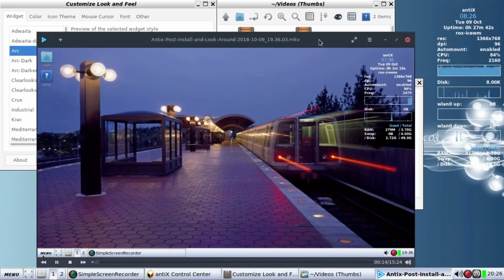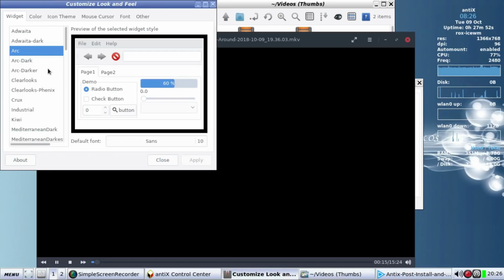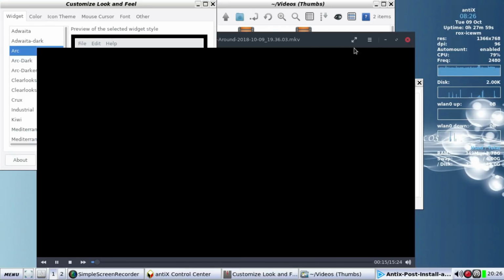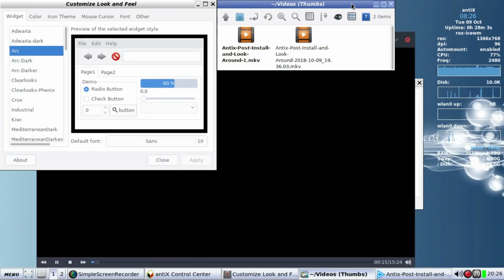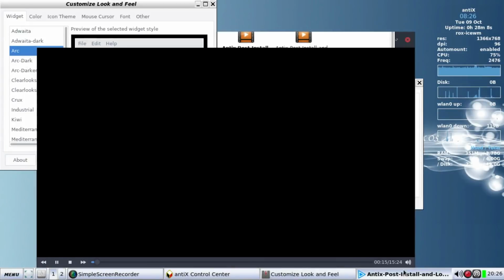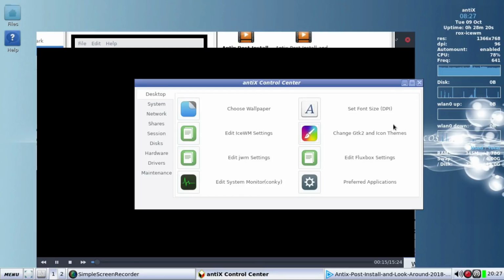Window title bar is different to the rest, so that's using Arc, which is what that setting is there. I think my player has stalled for some reason. Doesn't want to stop. Close that and close that. All right, so